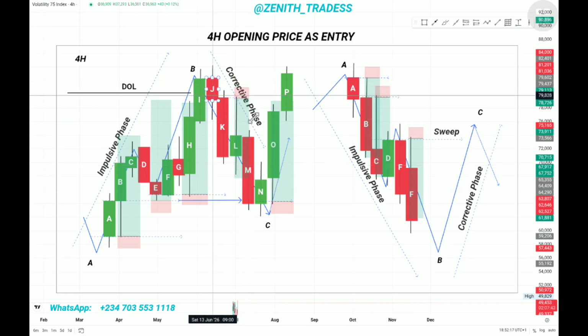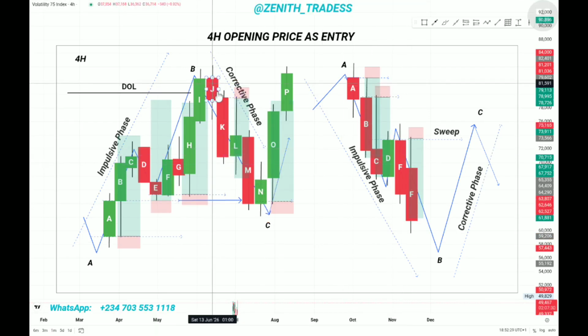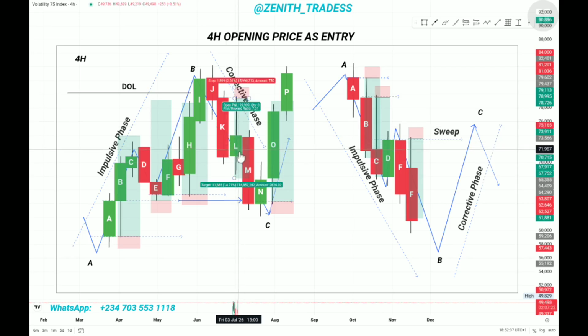You sell from the opening prices at resistance level to help price achieve its objective of sweeping liquidity here. Are we together? All right. So candle J opens and closes bearish. Candle K opens as a directional candle. And when candle L opens, it goes back to the